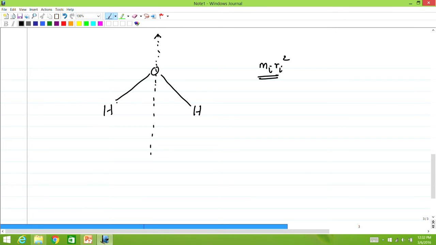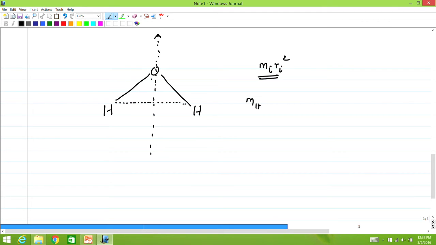However, the hydrogens are at a distance perpendicular from the axis. It is a perpendicular distance that you have to take into account, and therefore you have a mass of hydrogen,